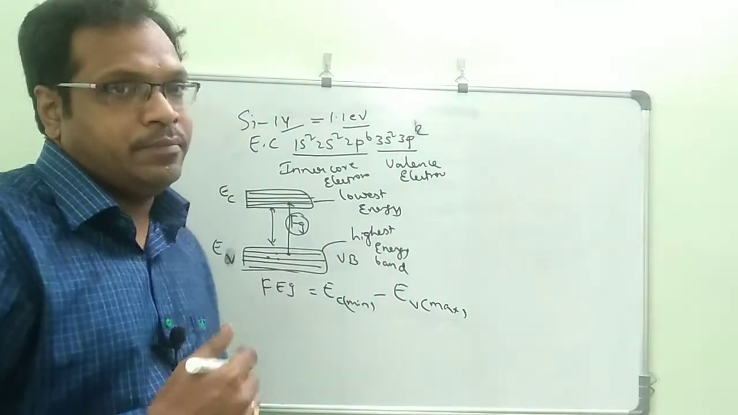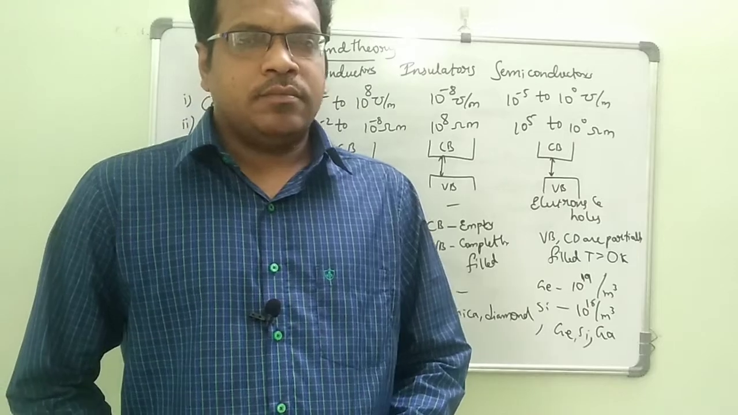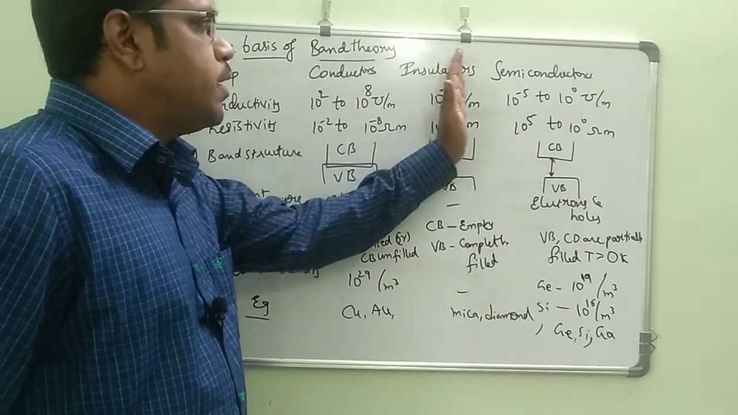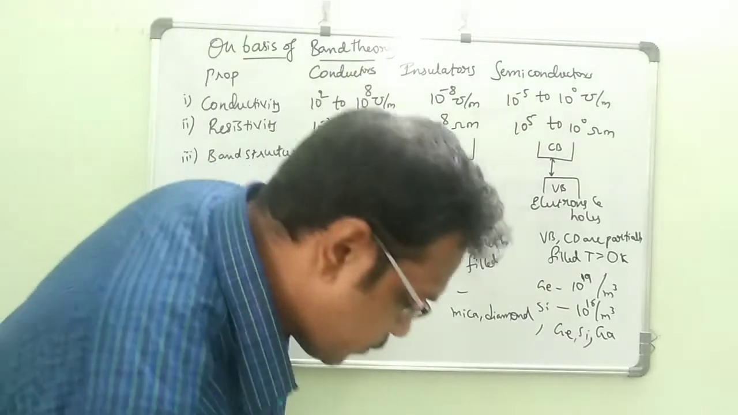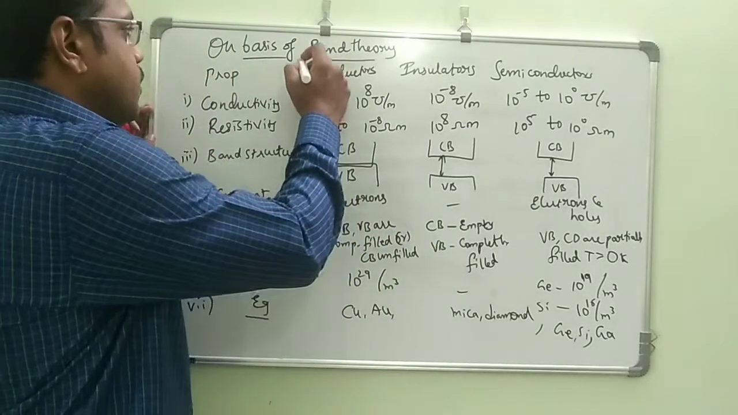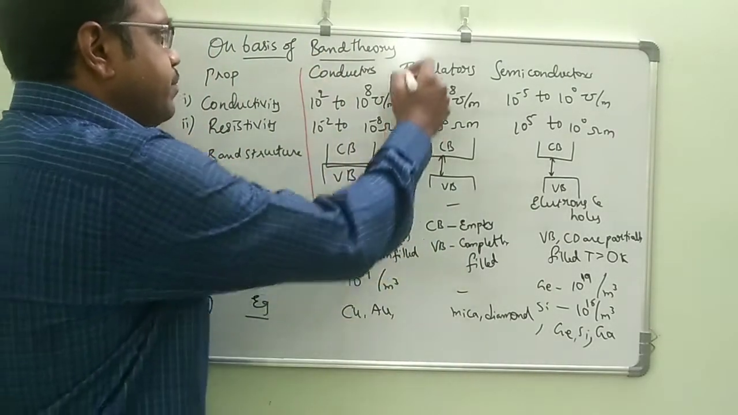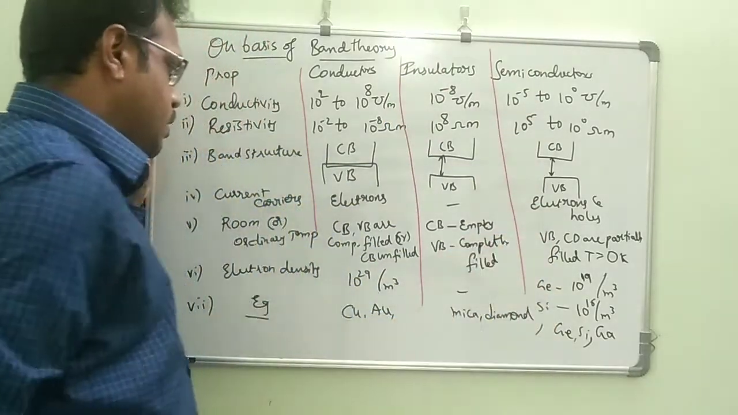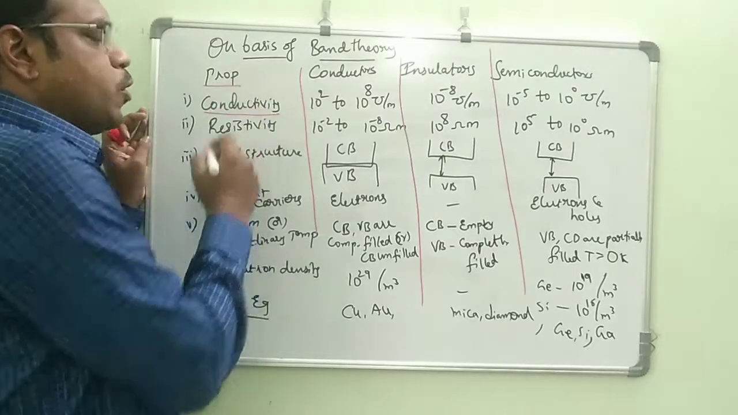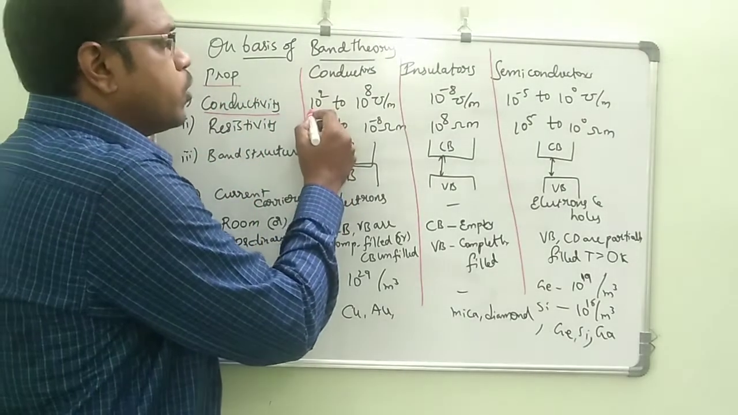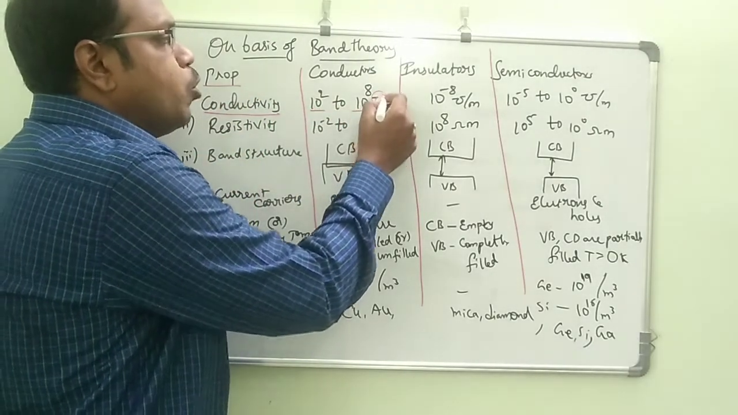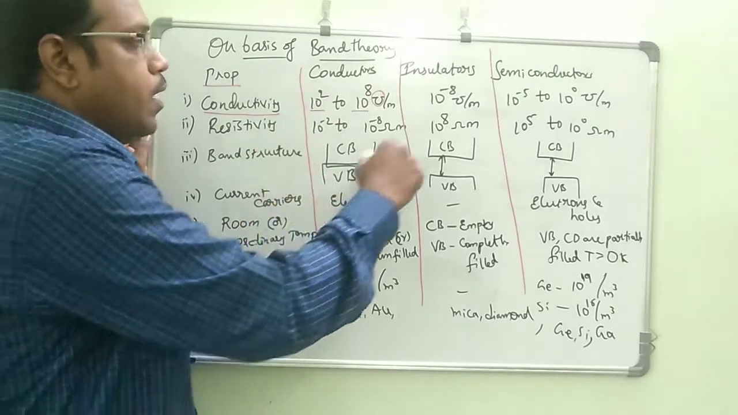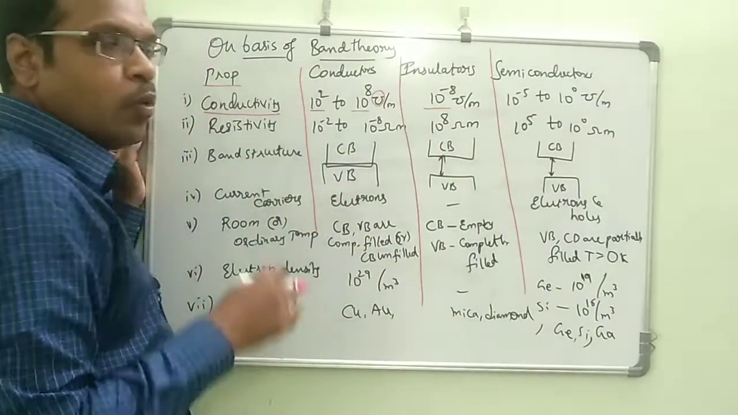We'll see that. If you see the tabular form, I have classified conductors, insulators and semiconductors according to their properties. You can take a screenshot otherwise. The first property is conductivity. It lies between 10 power 2 to 10 power 8 ohm inverse for conductors. For insulators, it is very low conductivity,